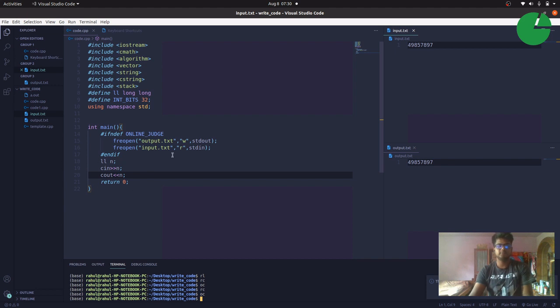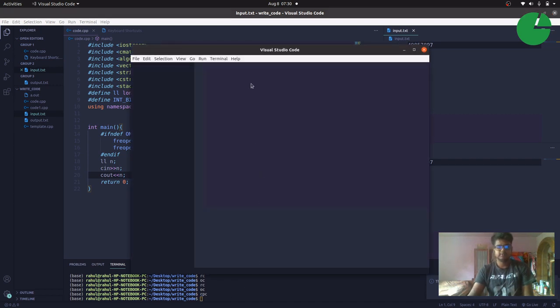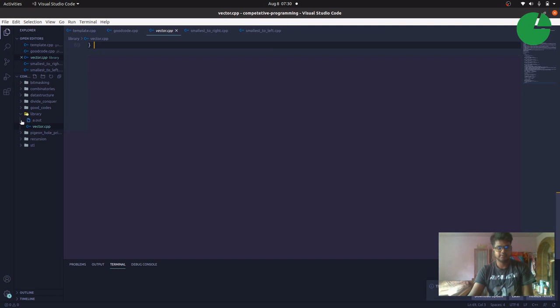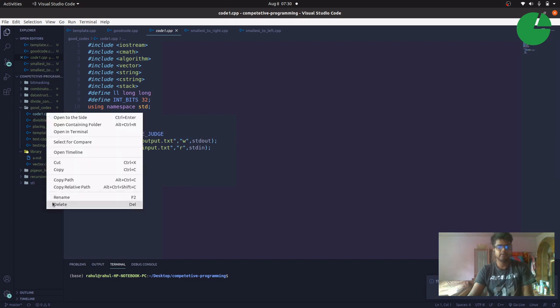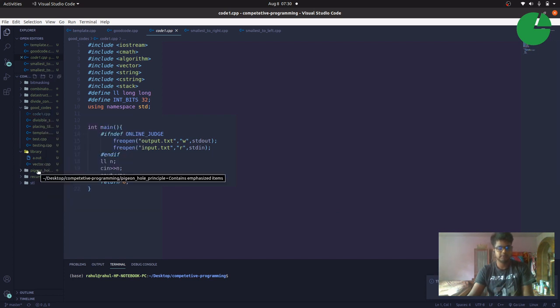Now if I like this code or it is providing me some good stuff that I want to store, I have made an alias, CPC, that stores this code in a destination, and again as I used &&, it will redirect me to that location. So I have been redirected to where the code is stored. Now it is in good codes, code1.cpp. Every time I run CPC, it will overwrite this file, so in order to keep it, I need to move it or rename it. I prefer to move it and then rename it.